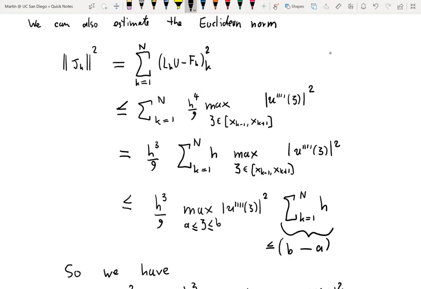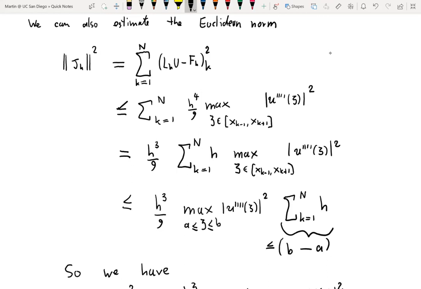Now it takes the maximum of the absolute value of the fourth derivative only over these little intervals here. In fact, I can upper bound this, of course, by the maximum of the absolute value of the fourth derivative over the entire interval from a to b. So I get the upper bound h cubed over 9 times the maximum of the absolute value of the fourth derivative to the square